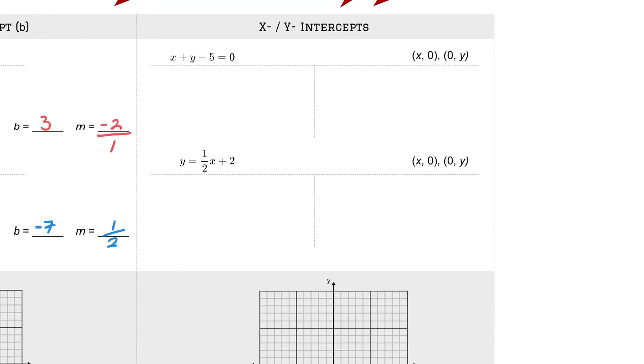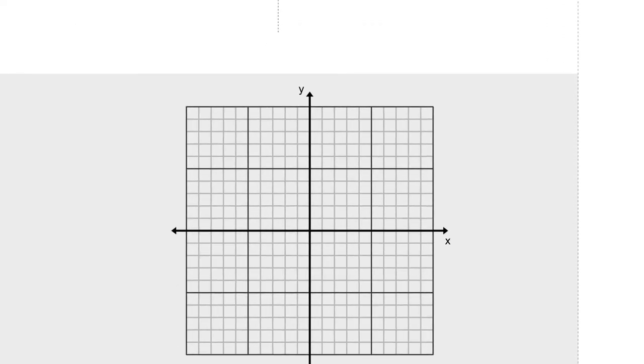The x and y intercepts, the last graph: when you sub in 0 to find the x-intercept, you're going to find that x is going to equal 5. When you sub in 0 for x to figure out the y-intercept, you're going to find that y equals 5. In the second case, the x-intercept equals -4, and the y-intercept, which is already in the equation, is 2. So 5 and 5 is the first equation. It's +5, +5,